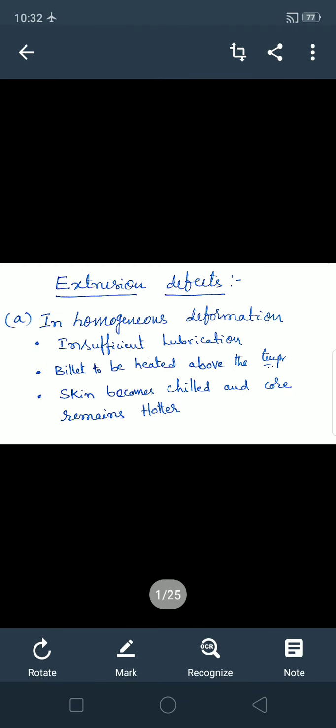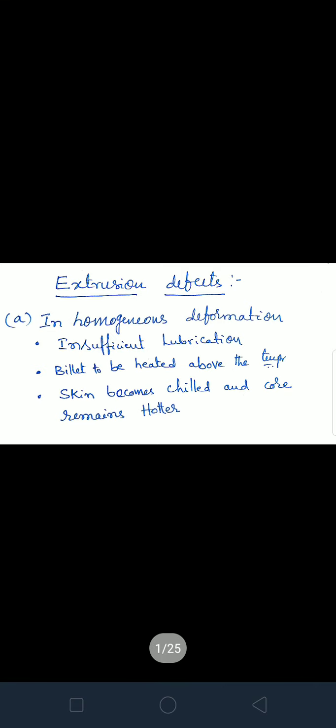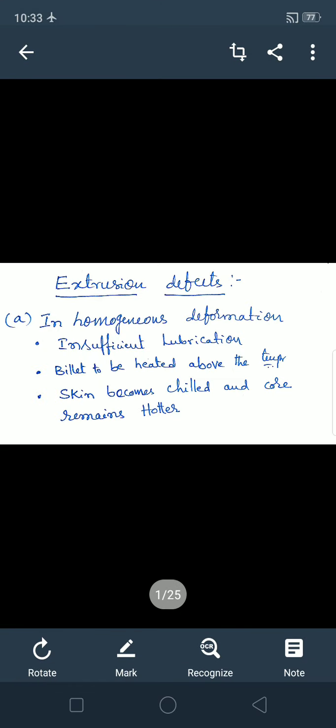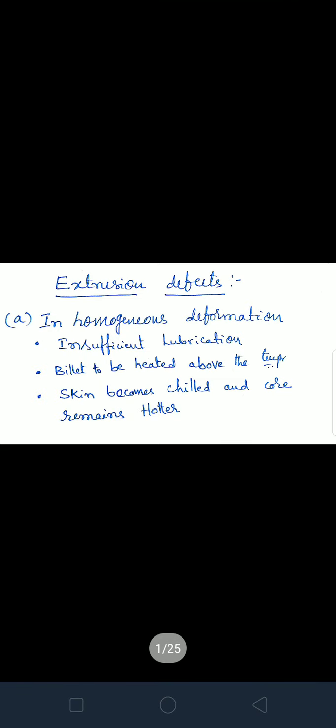In direct extrusion, because the ram moves and the metal flows in the same direction through the narrow opening in the die, it is subject to high frictional stresses, which is a disadvantage. In indirect extrusion, the metal flows against the hollow ram in the container, therefore the metal squeezes out through the die opening. But in this process, the design of the equipment is somewhat complicated, since a hollow ram must be designed.